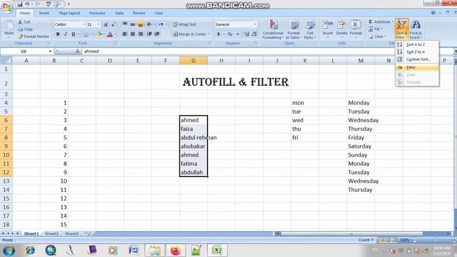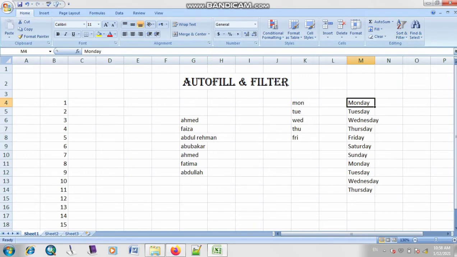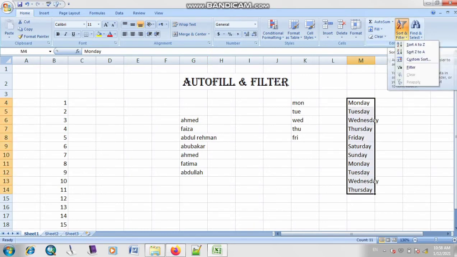You also use a filter at your home when you are filtering your water to get clean water, and the impurities will be separated out. So this is the same kind of filter. For example, if I don't need some students' names, or I don't want to type their names, let me choose this one, weekdays, the days of your week. Click on this option of sort and filter and click on this option of filter.